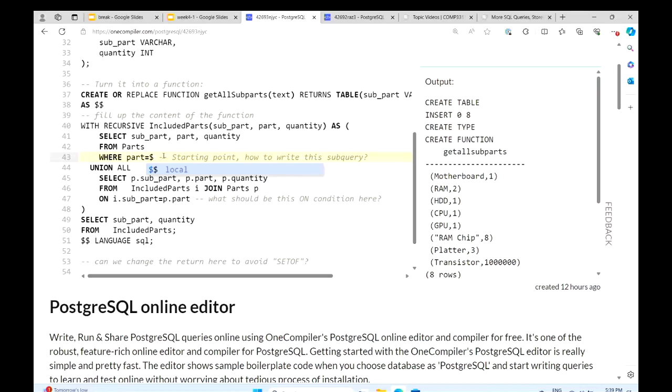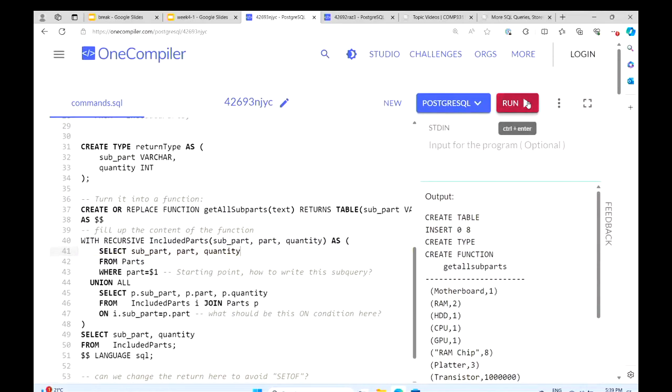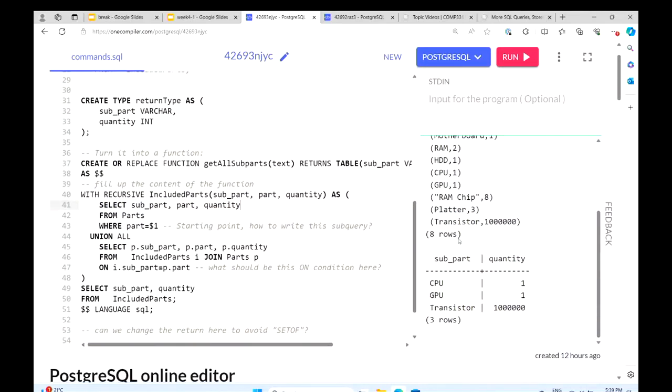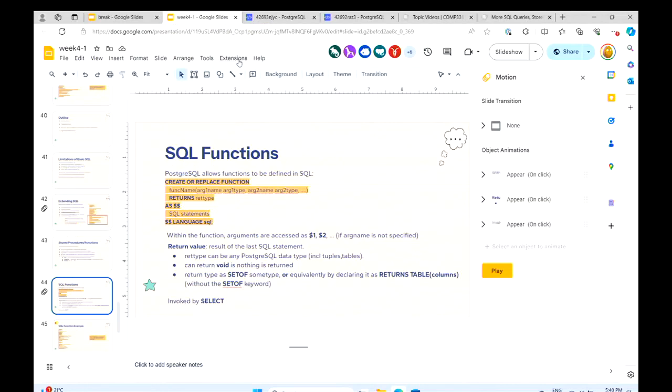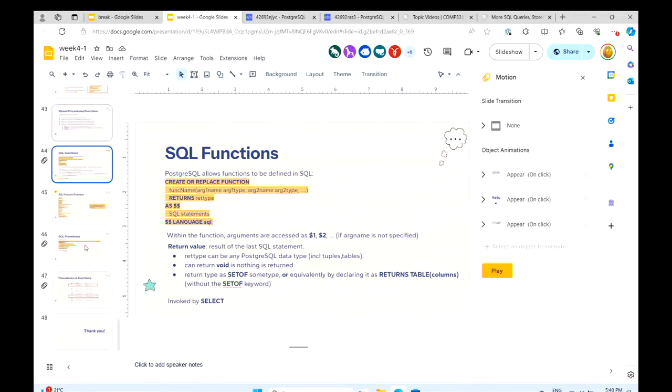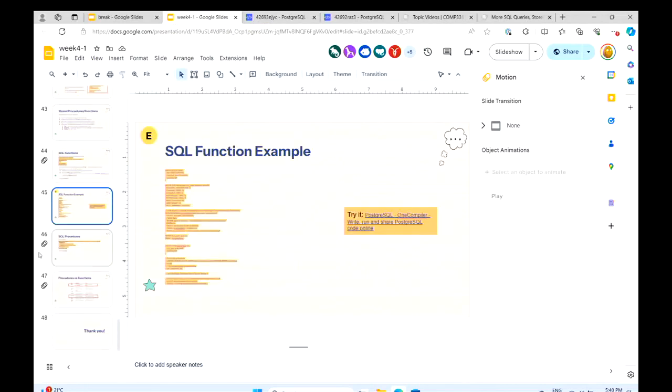We can use the $ sign plus a number to refer to it. $1 refers to the first parameter of the function, and this function only has one parameter, so we just use $1 and it will give us the same result. Let's run it. As you can see, we have multiple ways of doing the same thing here. So these are some details about SQL functions.